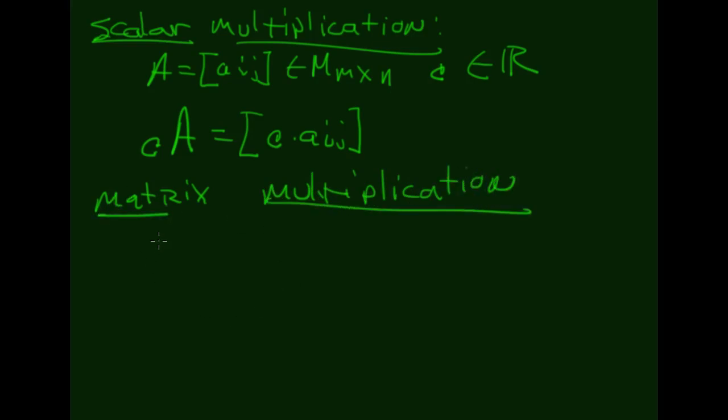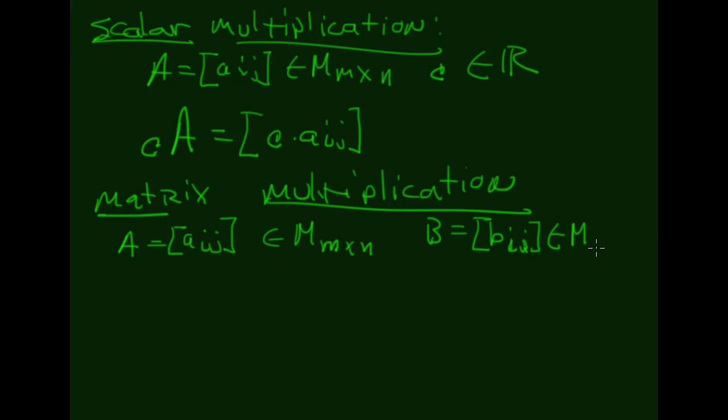Okay, so here's what happens here. I am going to let A be the matrix of all the aij's, and this one has to be m by n. B is going to be all of the bij's, but this one has to be n by p. And then AB is going to be an m by p matrix. So I'm going to take the m from here, the p from there, such that AB